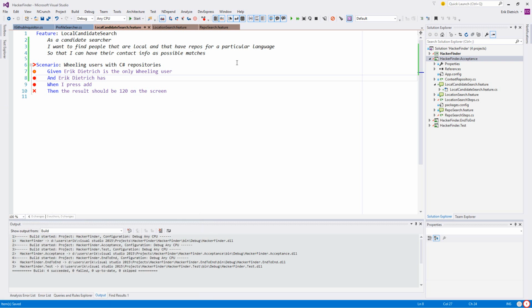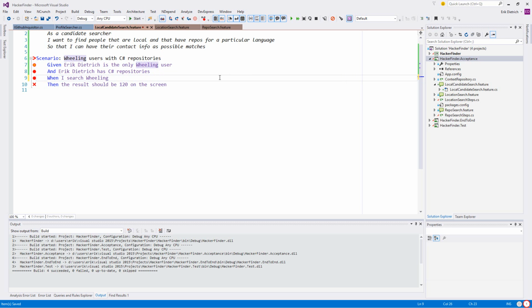Well, you know what? It doesn't matter. Has C# repositories. Because I don't care how many right now, I just care that I have any. When I search wheeling,